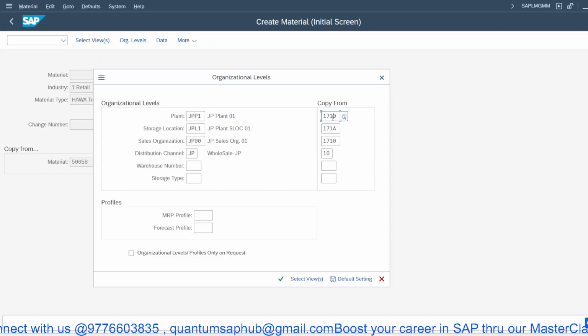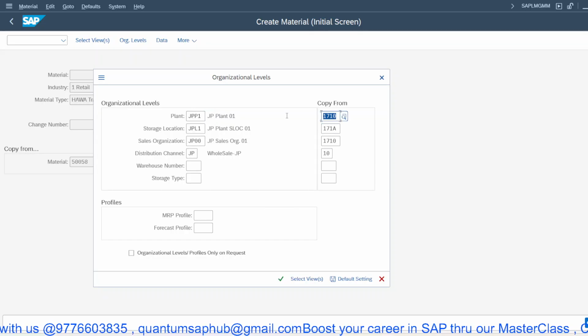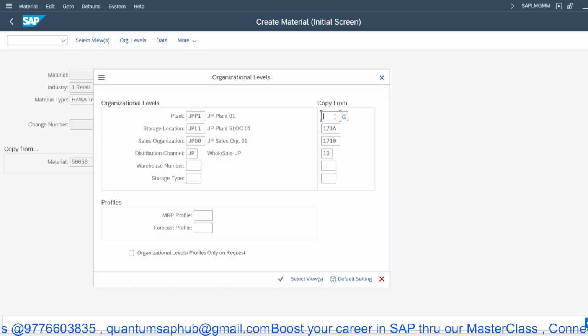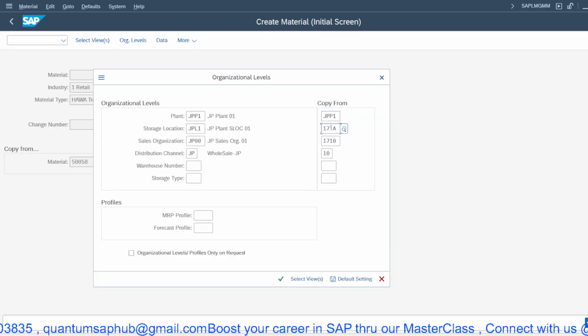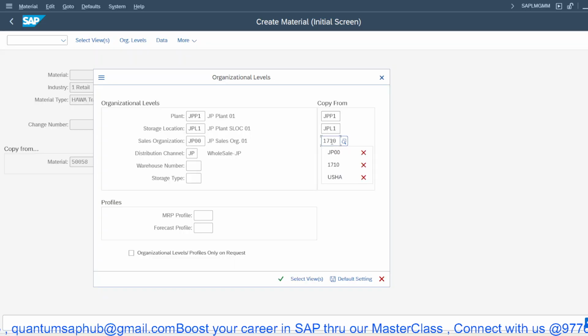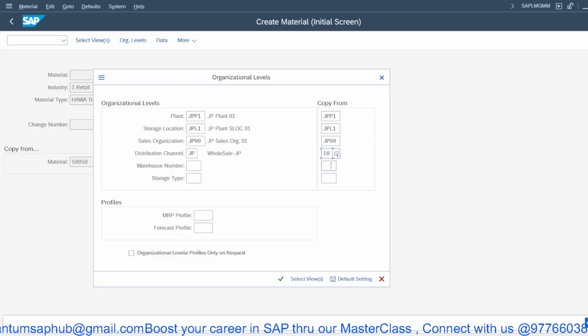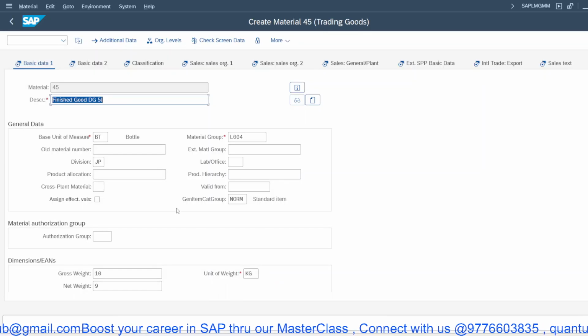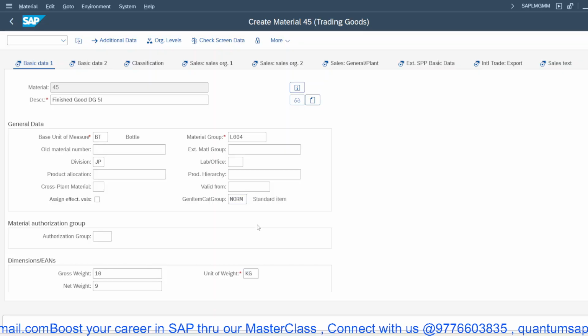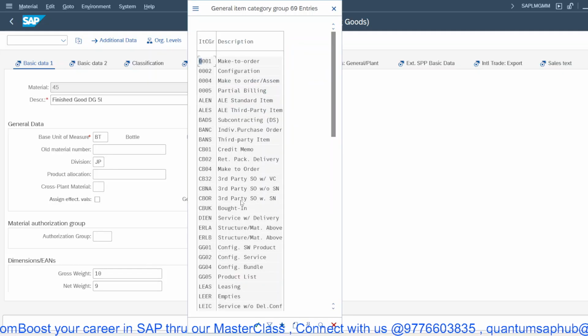Here the same thing. APP1, APL1, okay. Here for trading goods, you have